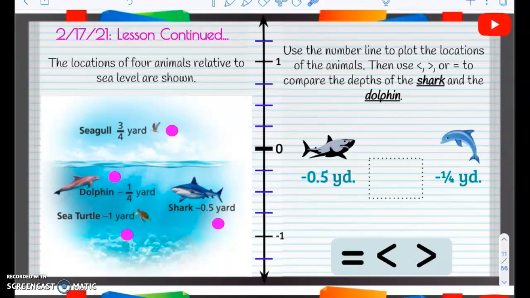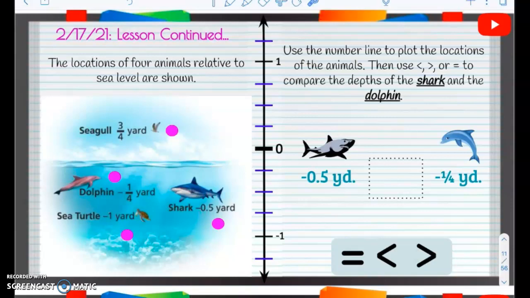Our lesson continued. The locations of 4 animals relative to sea level are shown. So we have a seagull up here. That's 3/4 yard above sea level. Remember, sea level is at 0. We have a dolphin that is -1/4 yard from sea level, a shark that's -5/10 yard from sea level, and a sea turtle that is -1 yard from